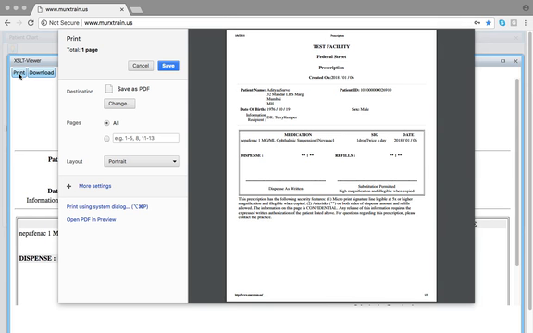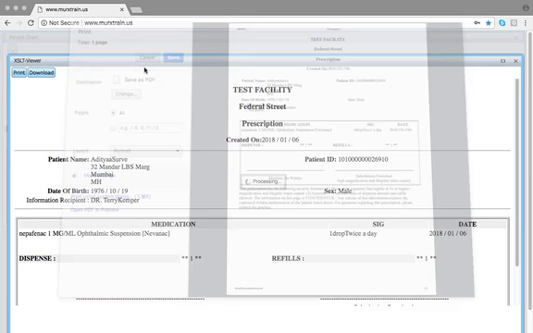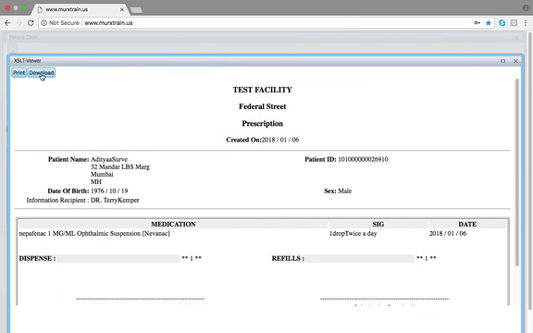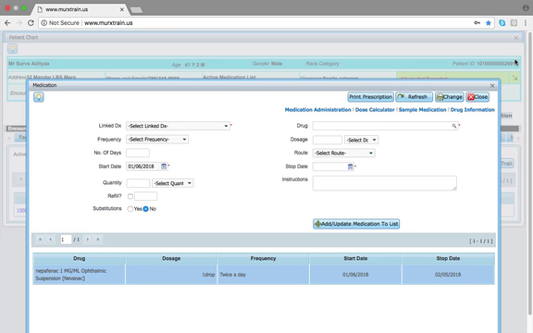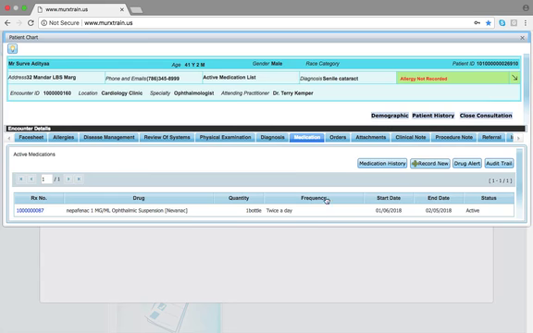So you can print the prescription, or to download the prescription, click on download. Click on close to close the medication window. Lab or radiology orders can be placed through MEORX by selecting the orders tab next to the medication tab. Select the orders tab,